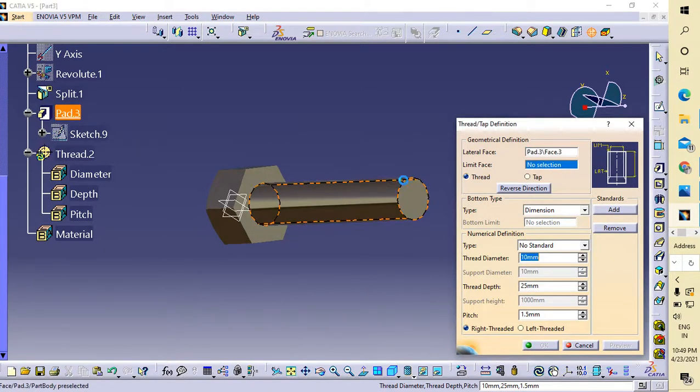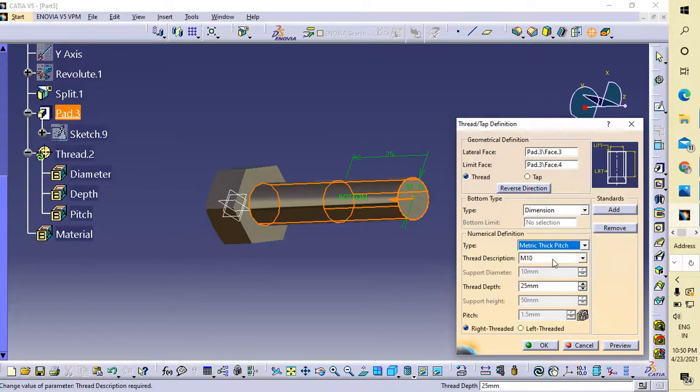Okay, lateral face this one, limit face this one, and thread diameter, metric thread.